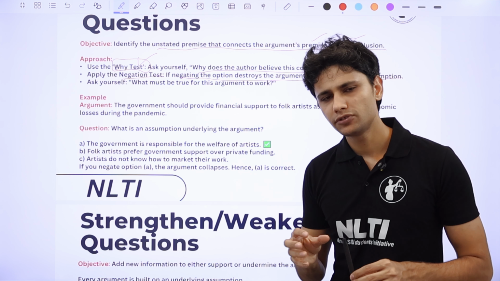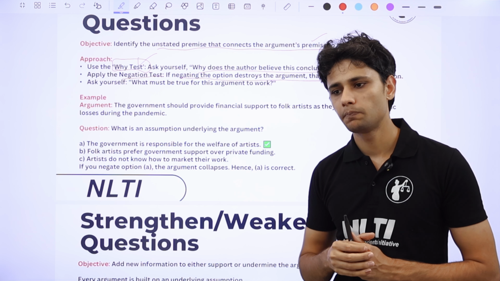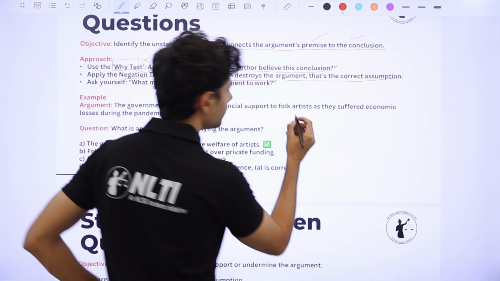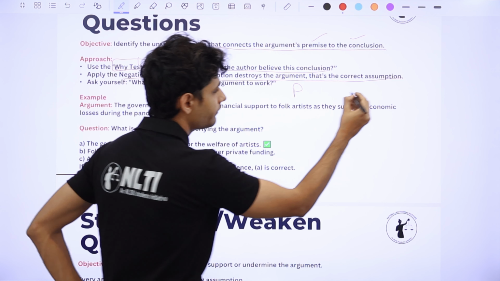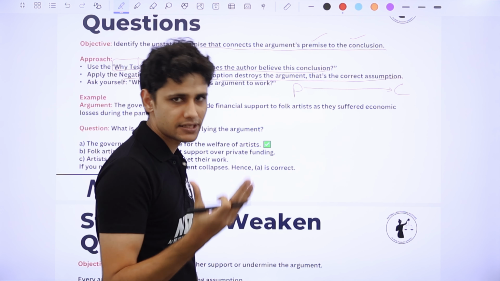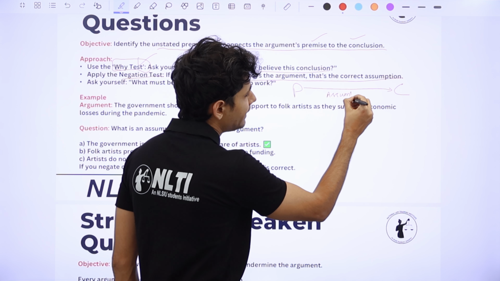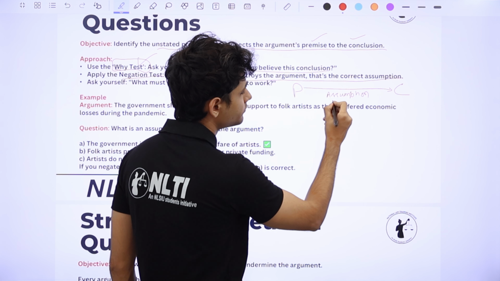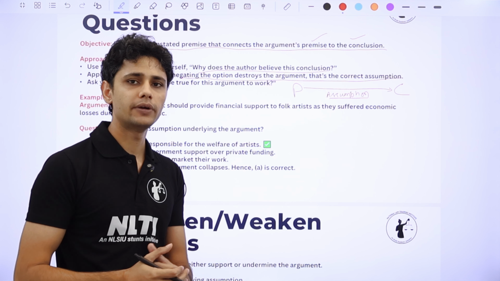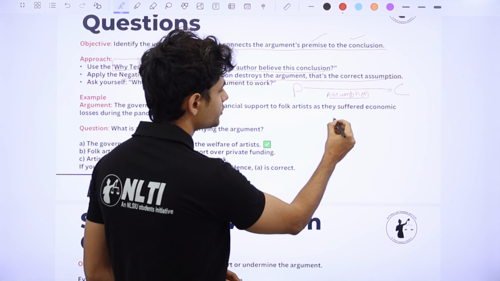Basically, assumption is like an engine, or I will call it perhaps a connecting factor between premise and conclusion. So let's draw it out. We have a premise and we have a conclusion. To reach from premise to conclusion, the author needs an assumption. So assumption is somewhere in between. If the question, let's say, asks you to identify the correct assumption in this argument, or which of the following has been assumed by the author in the following argument, and if you have 4 options A, B, C, D,